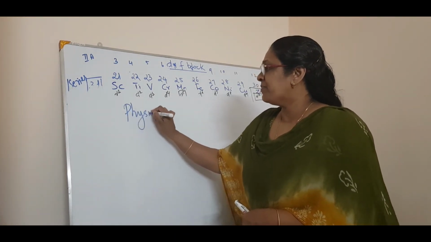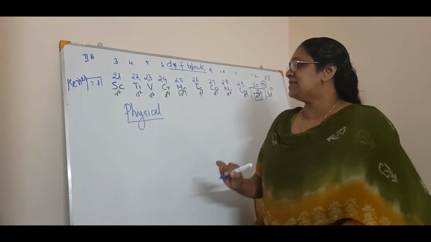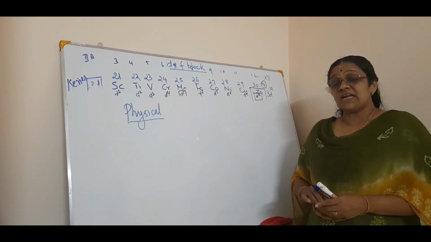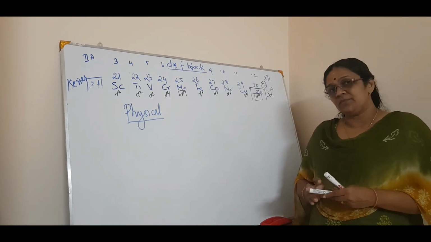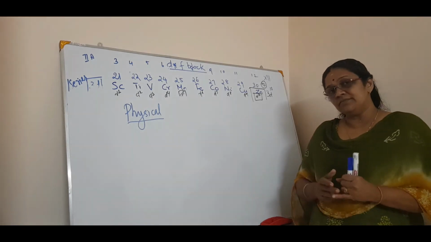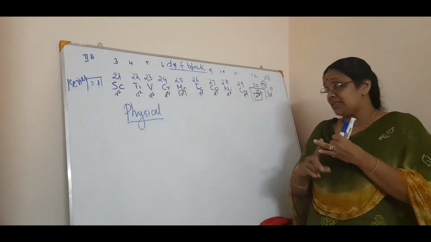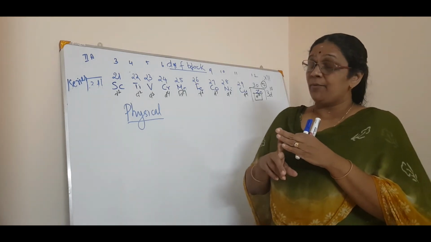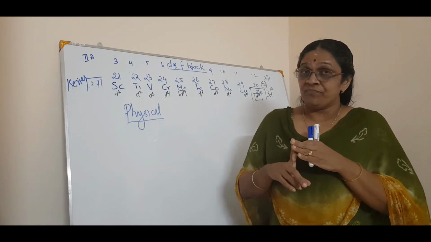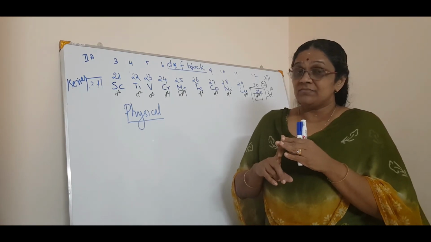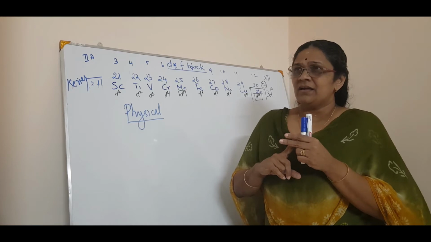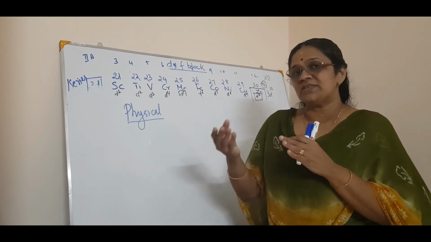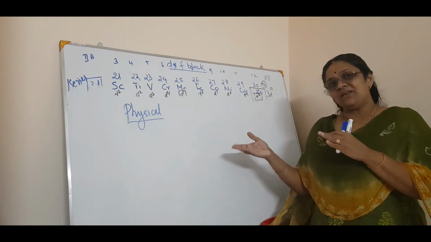While discussing the physical property, we have studied the physical properties of metals. What are they? Metals are hard, metals are sonorous, yes, copper, etc. Then metals have high melting point and boiling point. Then the malleability, the ductility, then the conductivity. And the solubility: ionic compounds are different, covalent compounds are different, metallic compounds are different.